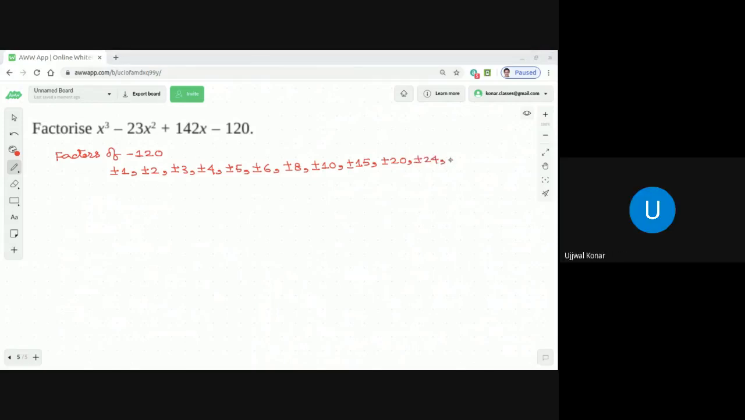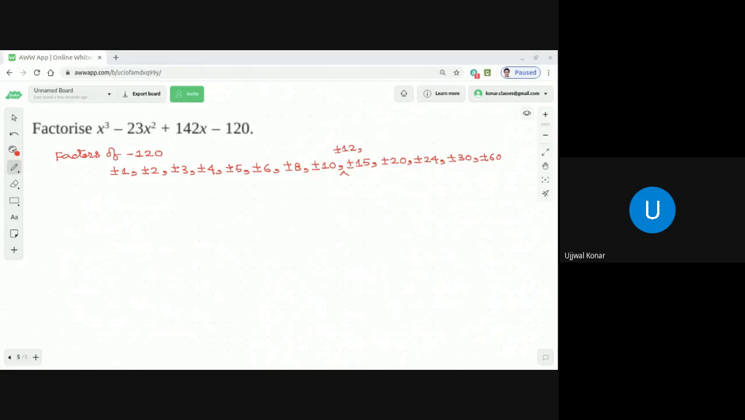Sir, what about 12? Yes, so correct you are. Appreciate it. Thank you very much. I missed plus minus 12. Okay, so plus minus 24, plus minus 30, and plus minus 60. Correct or not? So now, if you look into all these factors, dear students, what you need to do is